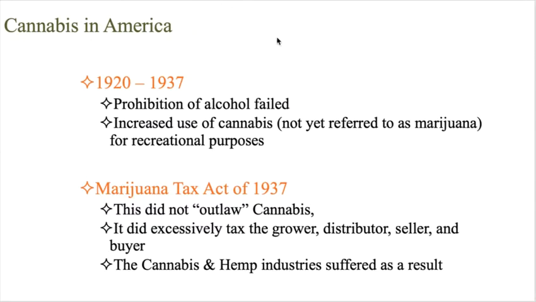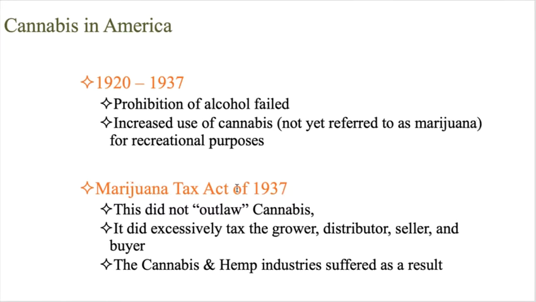In America, we have a real mixed bag of our interactions with cannabis. In the 1920s through '37, basically that's when the prohibition of alcohol was happening. It failed, right? Everybody was still drinking. It was just happening in speakeasies, and people were being raided, and you had rum runners and stuff like that. In addition to people sneaking alcohol, people turned to something like cannabis for recreational purposes. It's not outlawed at this point, and whether or not it's being referred to as marijuana is pretty varied, depending on where you are and who's talking about it. You might hear marijuana, but cannabis is still going to be a really common word that you use.